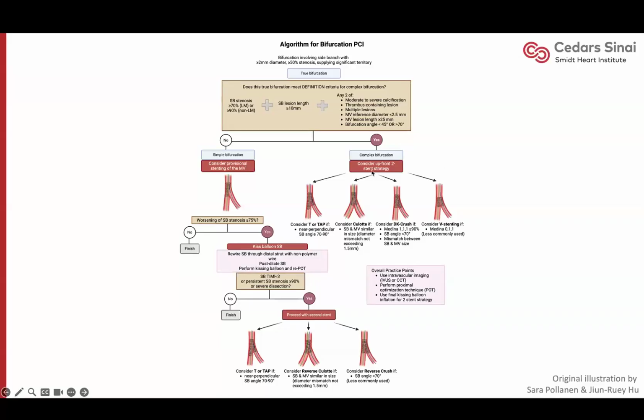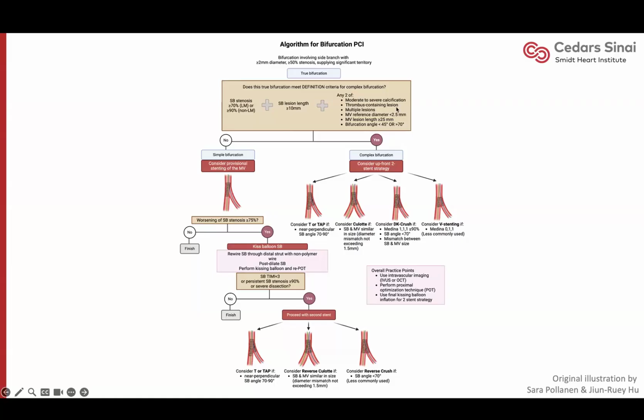Using the definition 2 criteria, complex bifurcations are defined by the presence of severe side branch stenosis, at least 70% for the left main or at least 90% for non-left main, combined with extensive side branch disease, at least 10 millimeters in length, plus 2 additional high-risk factors: